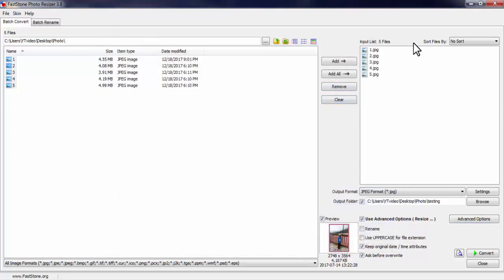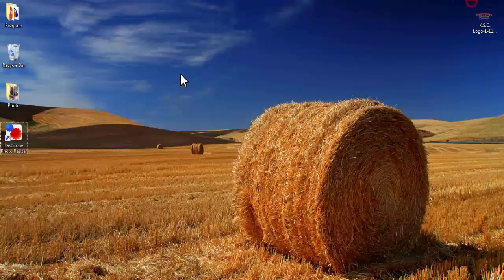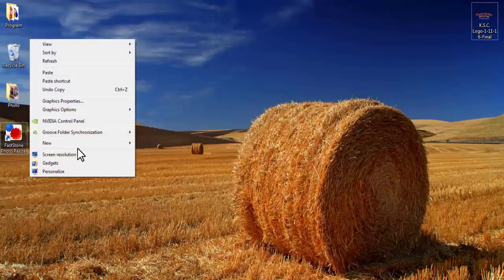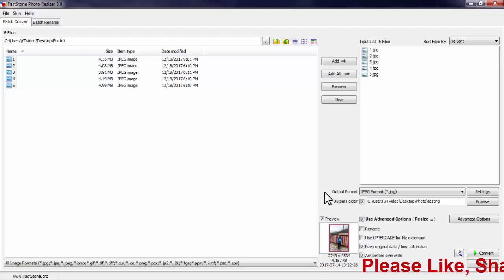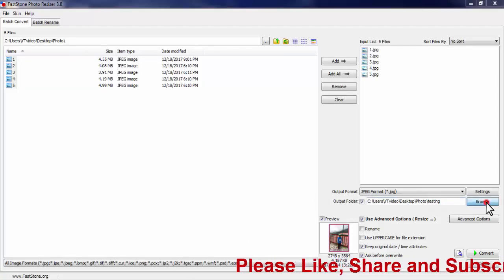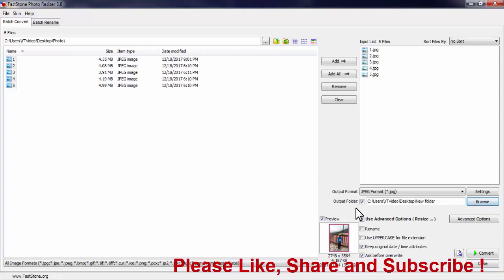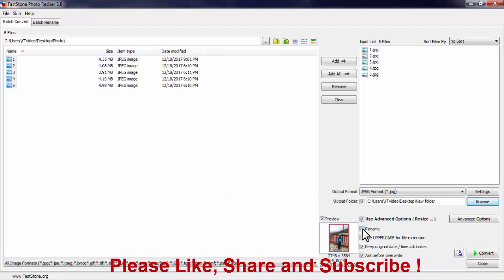Now we need to make a output folder. Now give direction to the output folder. Now here you can also rename these images.